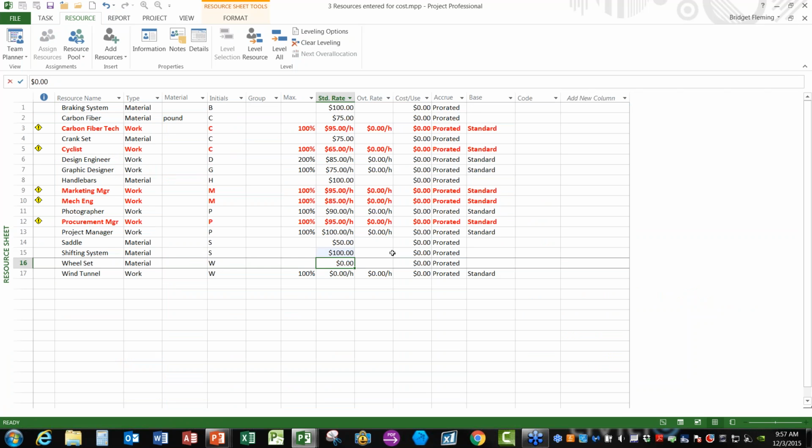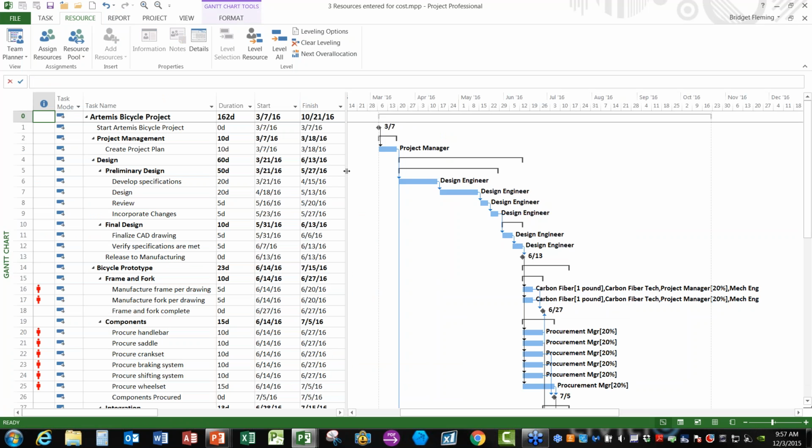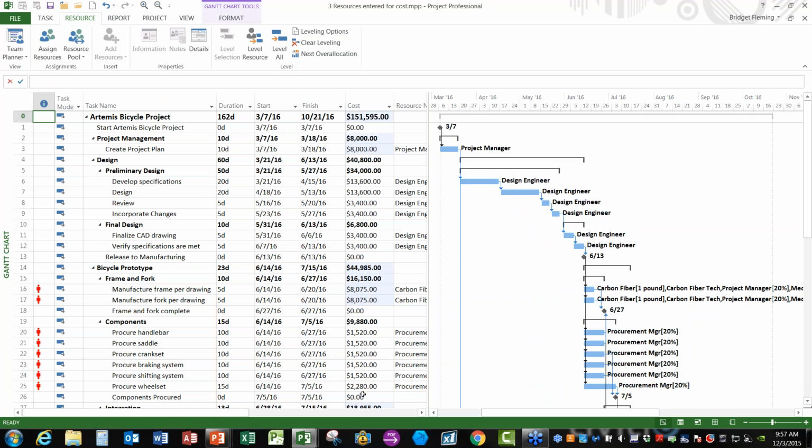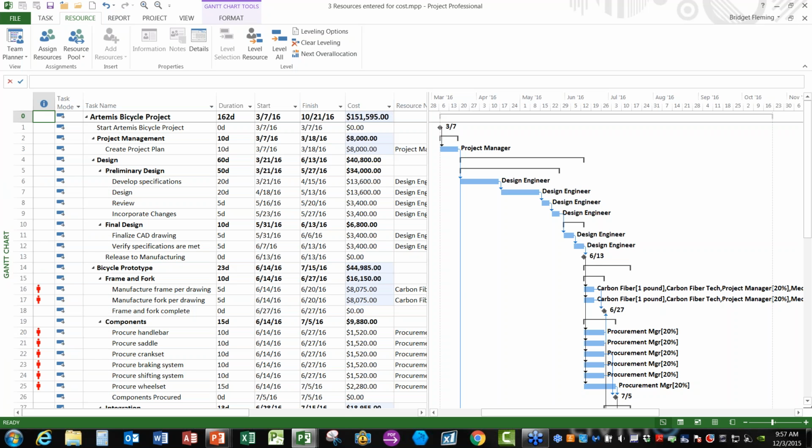Once you get all of those entered, then you can take a look. I'm going to go back to my Gantt chart. And Project is going to calculate the cost for me. So right now I'm looking at the total project cost. If I change to the task usage view,